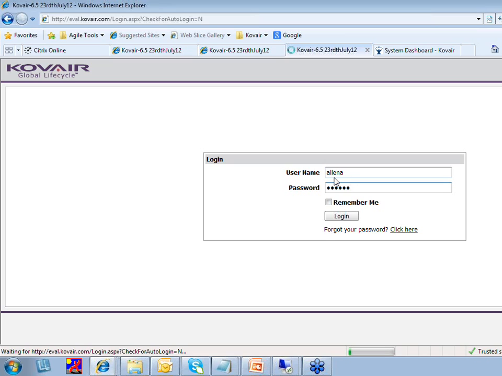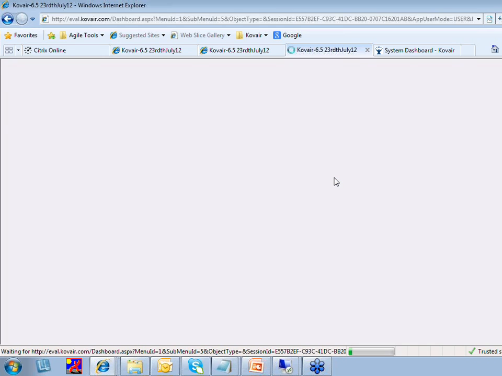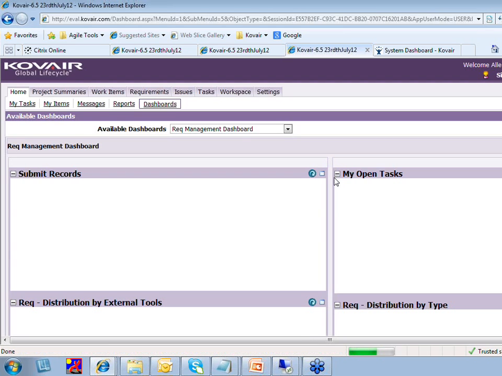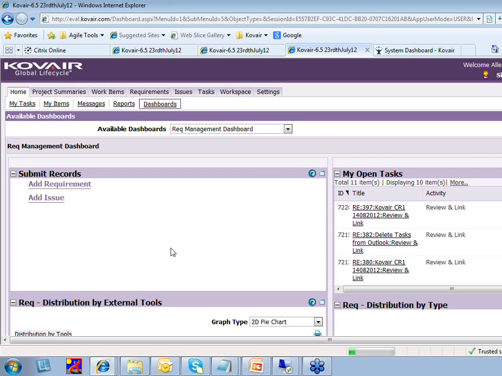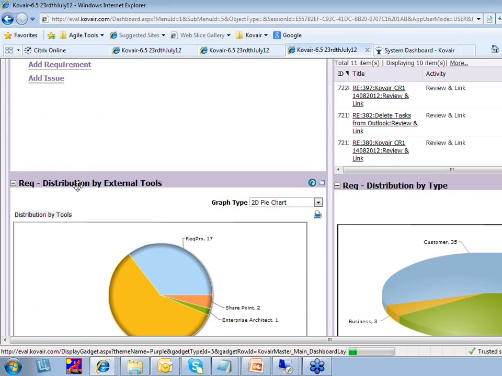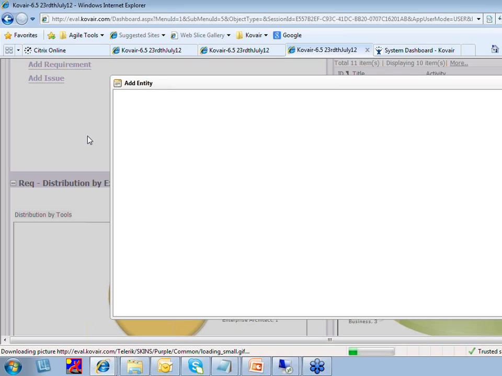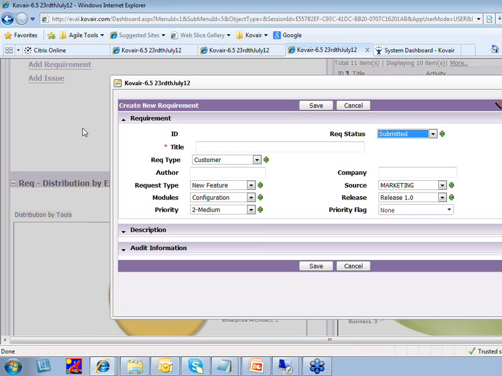So as Alan logs in to Cover, there can be different landing pages for different sets of users. As you can see, Alan has logged into a particular dashboard, which consists of different kinds of gadgets, and the gadgets could be of type reports, or could be some queries, could be some catalogs, and one such gadget is a catalog, and I can directly add a customer requirement from the dashboard itself. So let's say I add a customer requirement saying